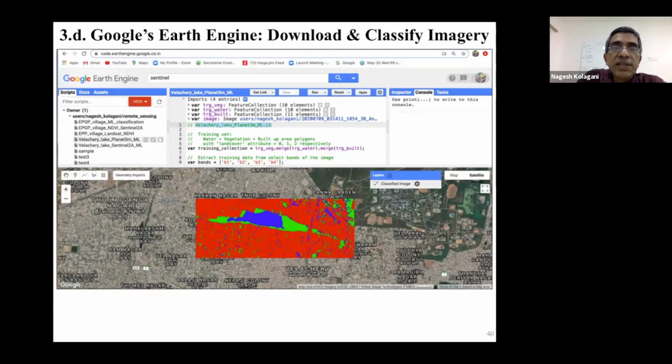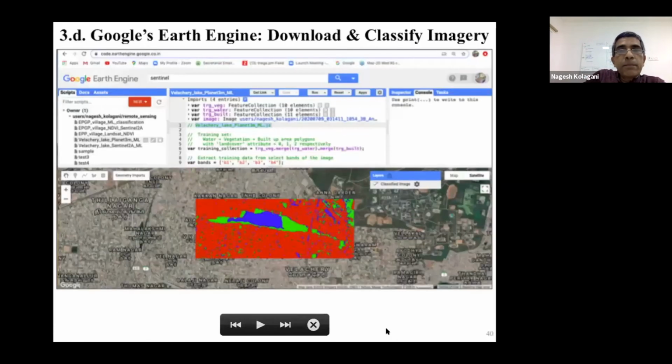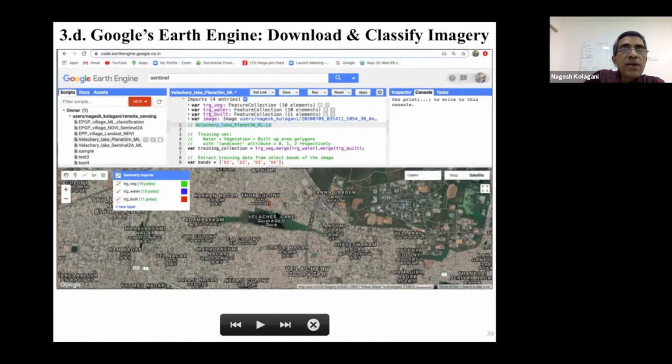In the next iteration, I plan to give a GUI. It will come up as a dialog box. You just need to enter those numbers. I have not done that yet. Now, what is more is you can actually classify. What I did is, I went around and said, vegetation, water, built up area, that is roads and buildings. Wherever I see vegetation, I put a small polygon. I know this is vegetation, I know this is vegetation, etc. I tell the computer that look, these are all